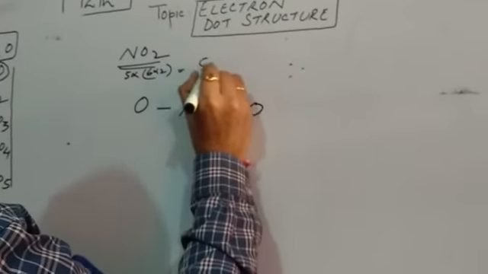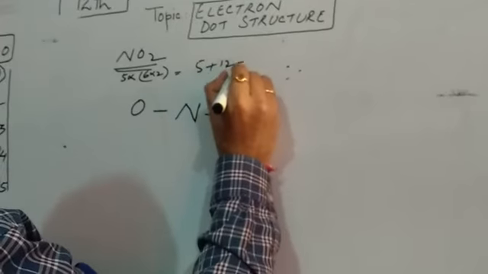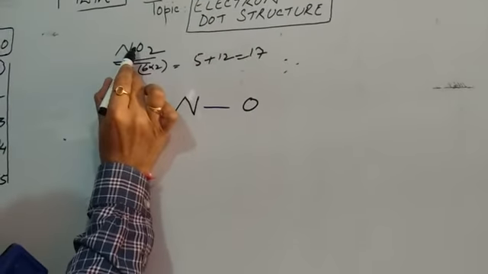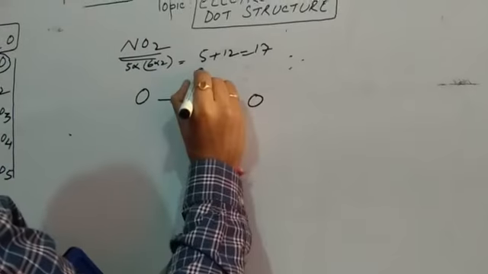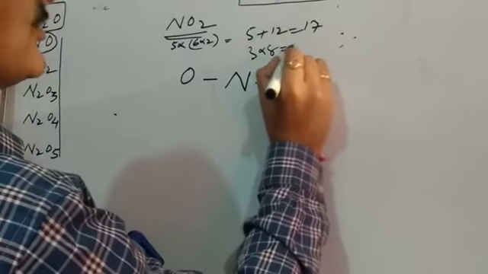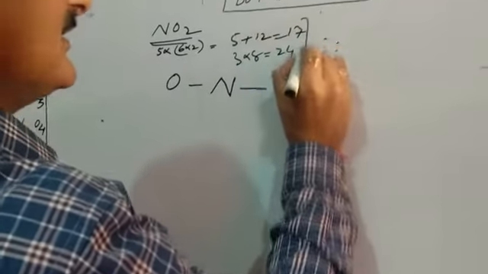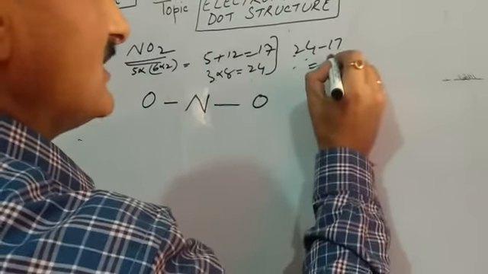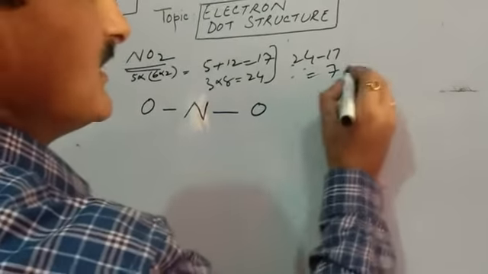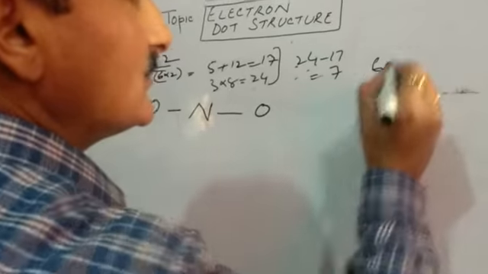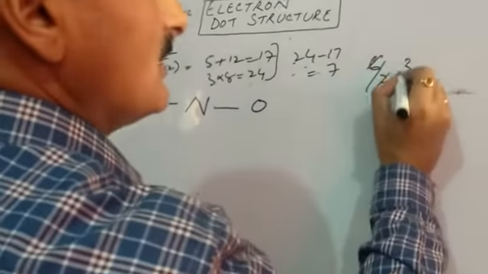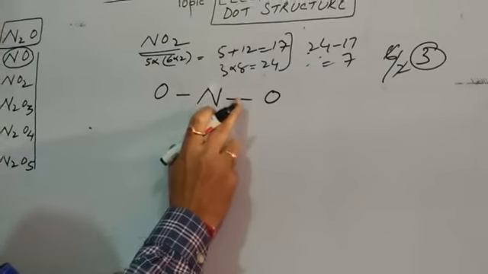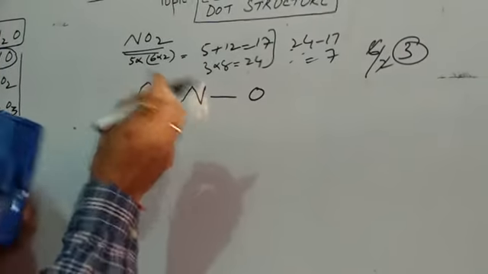We have 5 plus 12 valence electrons, that is 17. Now to complete the octet, we have 3 atoms here, 2 oxygens and 1 nitrogen. So 3 into 8 will be 24. Let us calculate the difference. The difference will be 24 minus 17, that is 7. Let us convert it into even. It will be 6. 6 by 2, 2 3s are 6. So how many bonds will there be? There should be 3 bonds. 2 bonds have already been placed there, so 1 bond will be placed now.